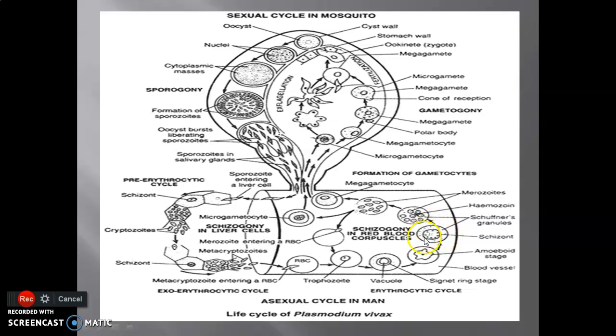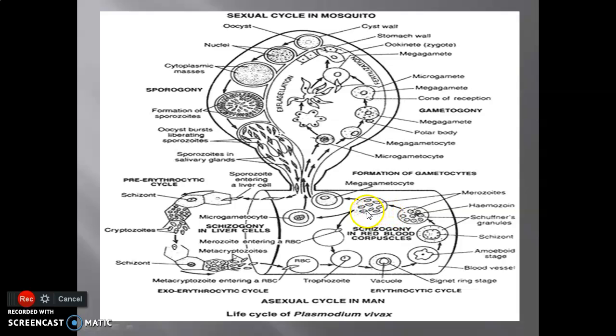Now this formed schizont with Schuffner granules undergoes a series of division. It undergoes schizogony. It undergoes asexual changes, asexual development, and it forms numerous merozoites. And these merozoites again